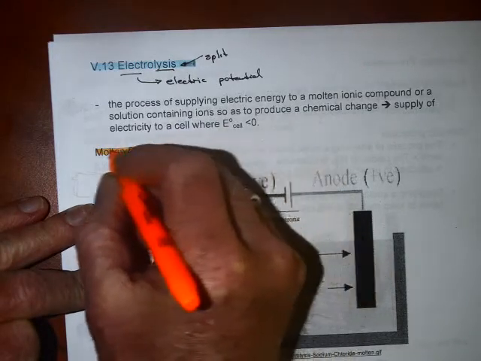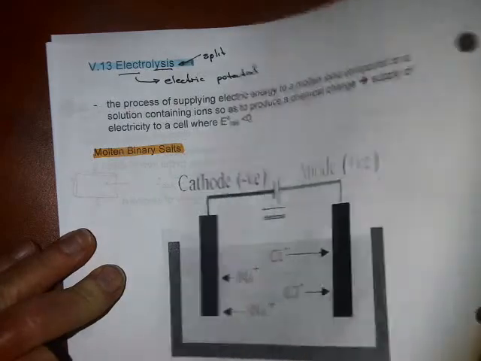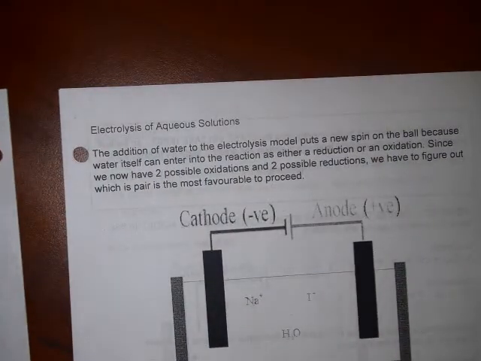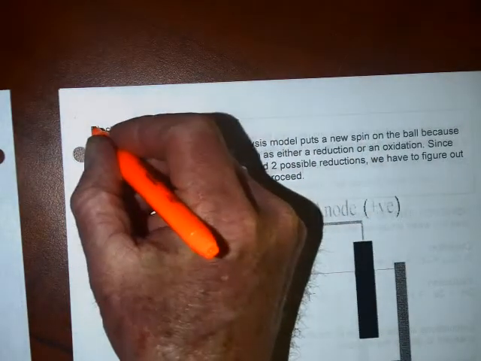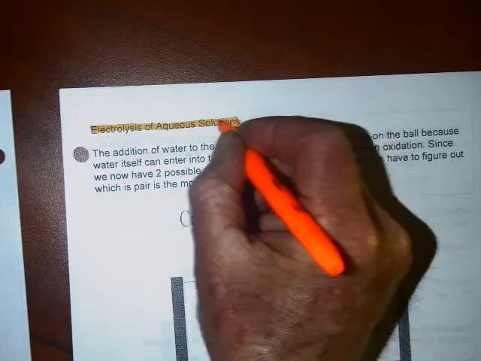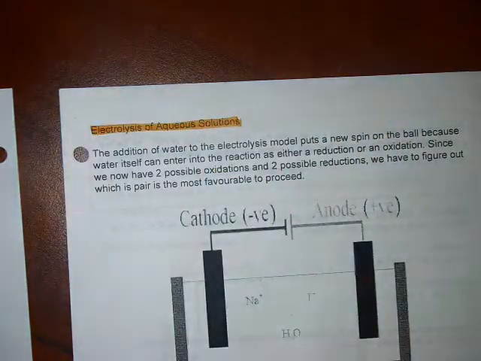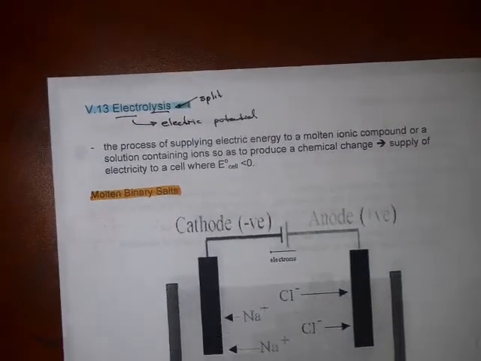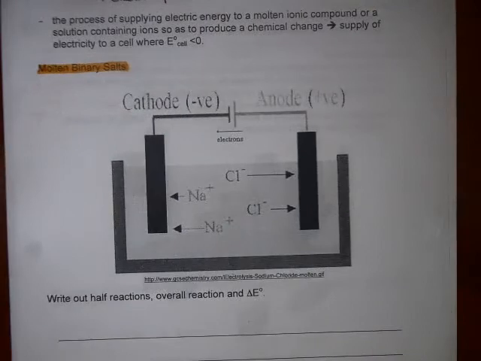Okay, and I'm just going to flip the page because I want to highlight the other one. The other one is the electrolysis of aqueous solutions. Okay, now they're similar, but they're in some ways quite different. The first one is really quite easy,